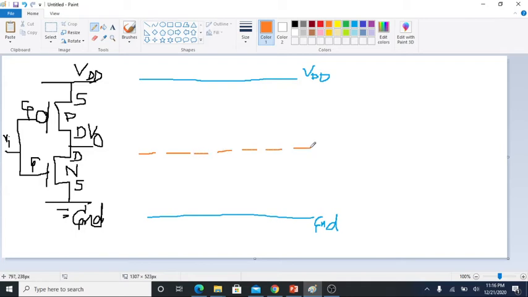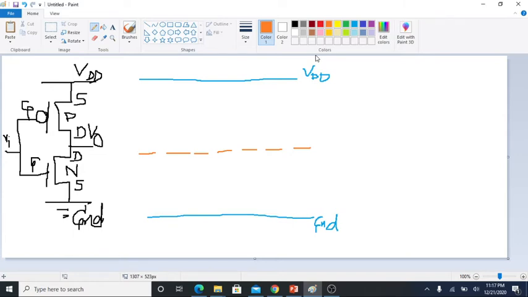Now what is a demarcation line? It is the line that separates your pull-up network from the pull-down network. What is the pull-up network? The network containing PMOS is known as the pull-up network, and the network containing NMOS is called the pull-down network. If you still have confusion about it, you can go for my basics of CMOS inverter topic. So step 1 is you make the VDD and ground. Step 2 is you make the demarcation line. Now step 3 is, you have to make the transistors.